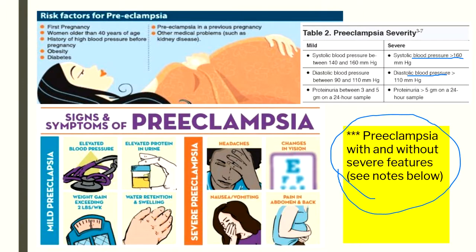Usually we don't even wait for a 24-hour sample collection because we might not have time, although that seems to be the gold standard. What is recently being done, and this is being done in other units like MedSurg or oncology, is a protein creatinine ratio. That's the new standard, but it's not part of all protocols everywhere just yet. So we're going to look to see how this woman is presenting. She might have preeclampsia with or without severe features, and I'll include that in the notes.